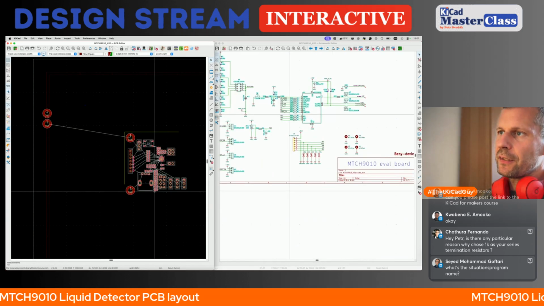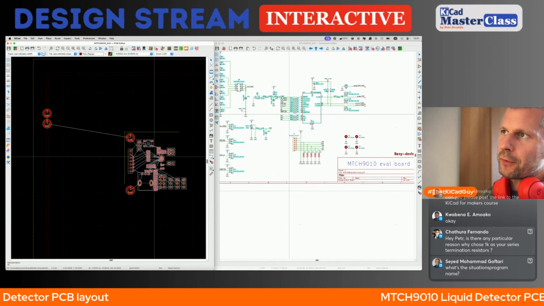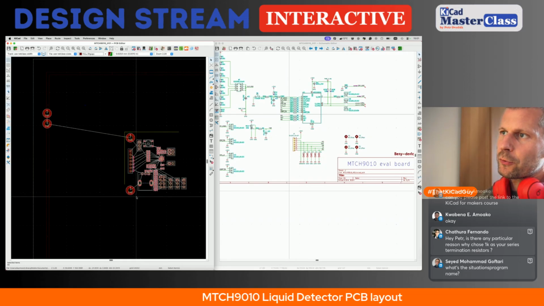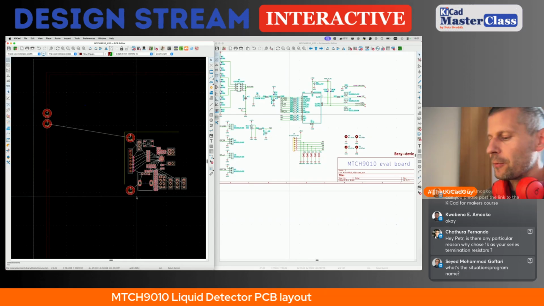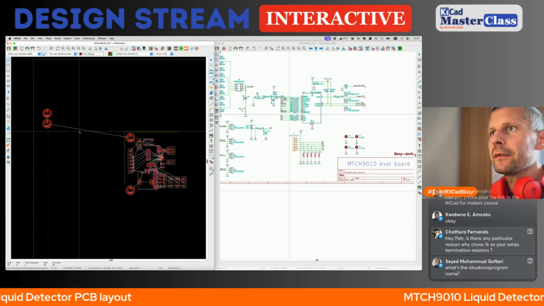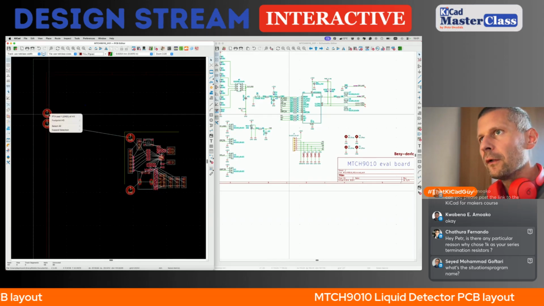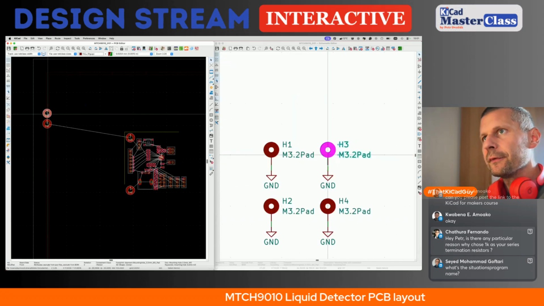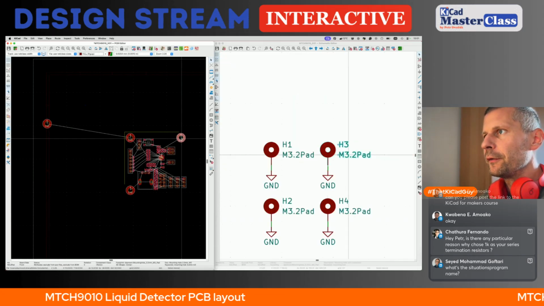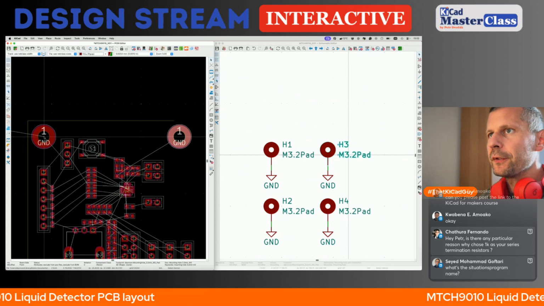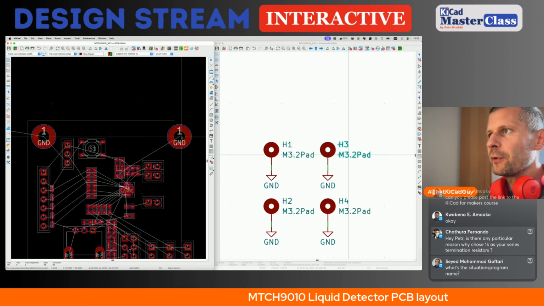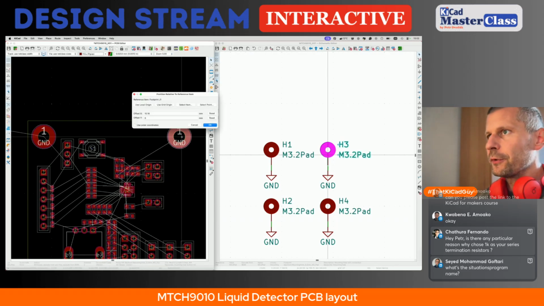I can see that our component layout is moved slightly to the bottom edge, just slightly, so something like this. I'm going to place this mounting hole to be about here,